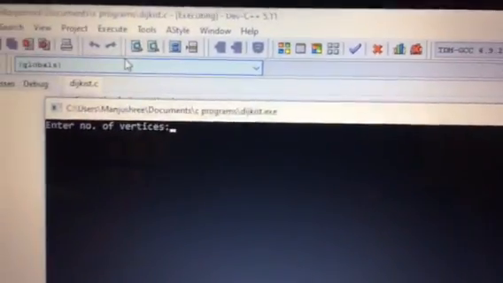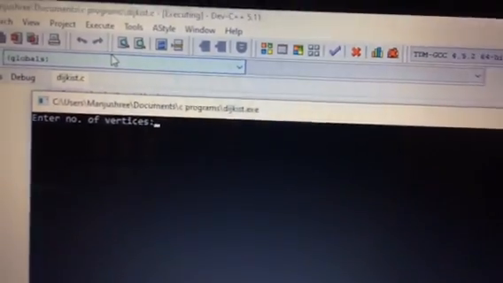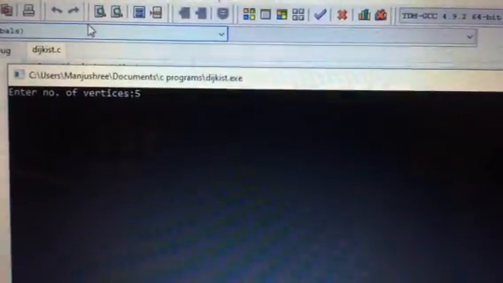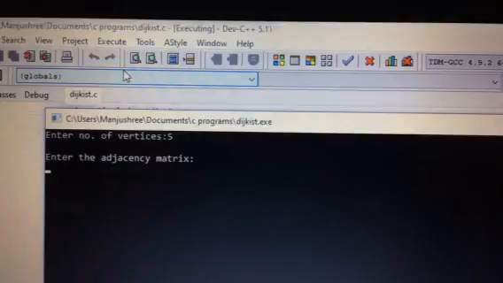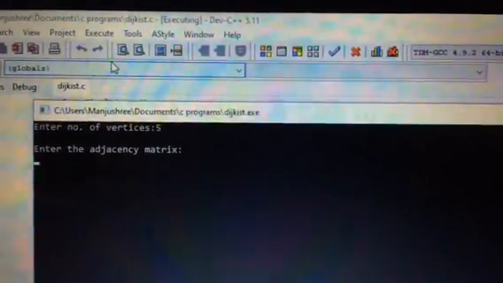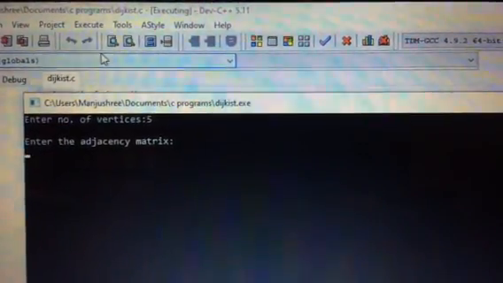Here you can see it says enter the number of vertices. The number of vertices I am going to take here is 5. Any number of vertices you can take. Then enter the adjacency matrix, which can be any matrix.